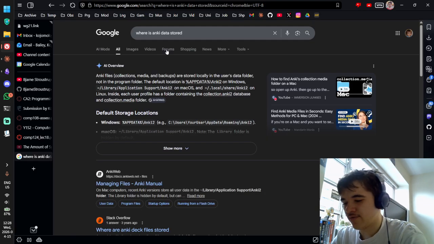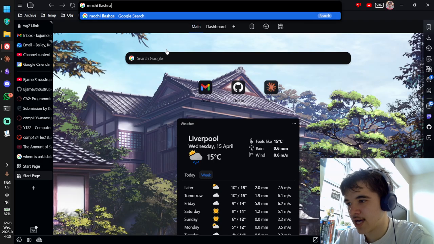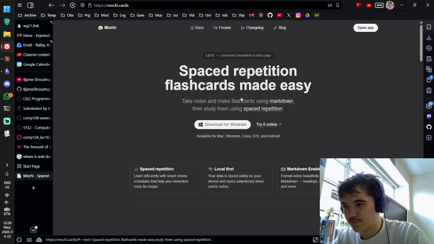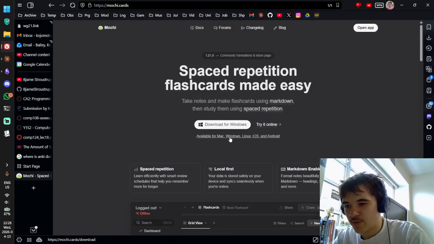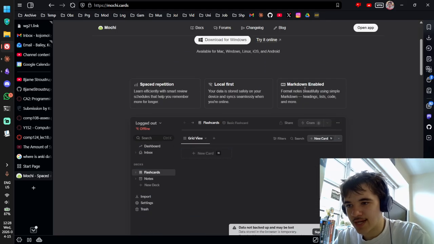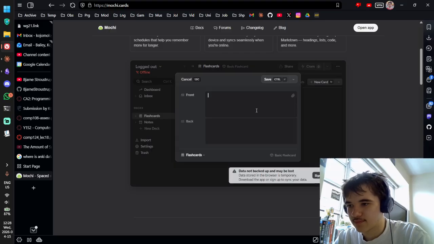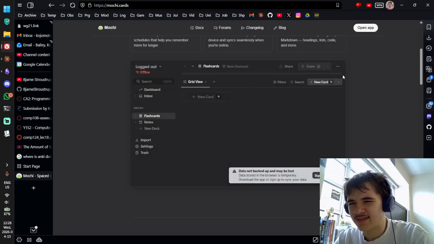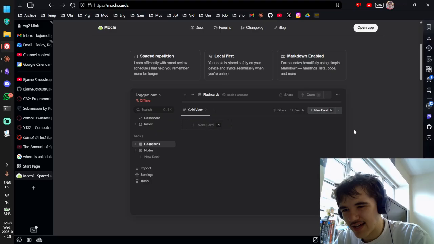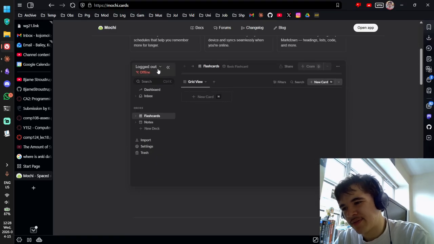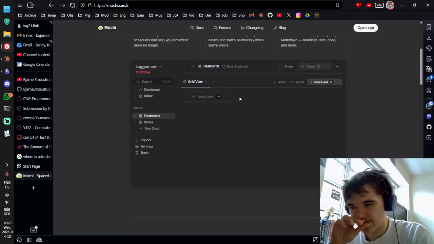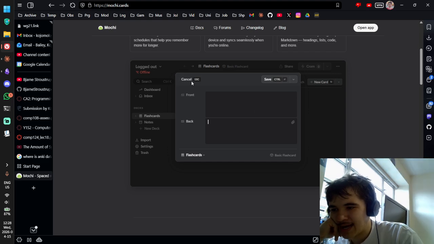Mochi. I'm very interested. Mochi flashcards. Available on Mac, Windows, Linux, iOS, and Android. Great. Looks like this. Wow. Wait, what? How do they do that? They've embedded the app inside the website. That's actually really cool. Front, back,